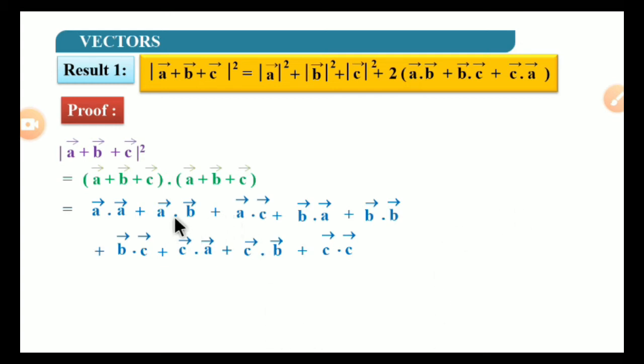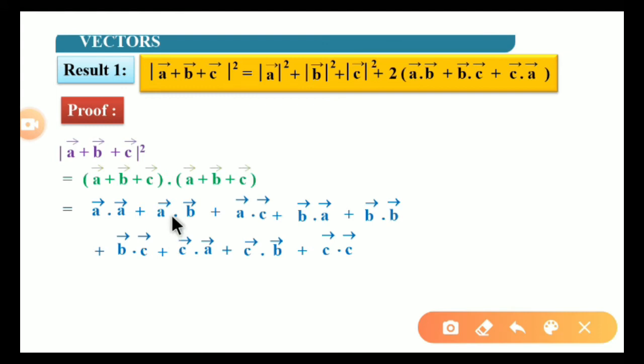So already we have seen here a dot b, which is also equal to b dot a. Similarly, a dot c, which is also equal to c dot a, and also we will be having b dot c, which is also equal to c dot b, right? And also here a dot a can be written as magnitude of a square, b dot b can be written as magnitude of b square, and c dot c can be written as here magnitude of c square. So in the next step we will be having,